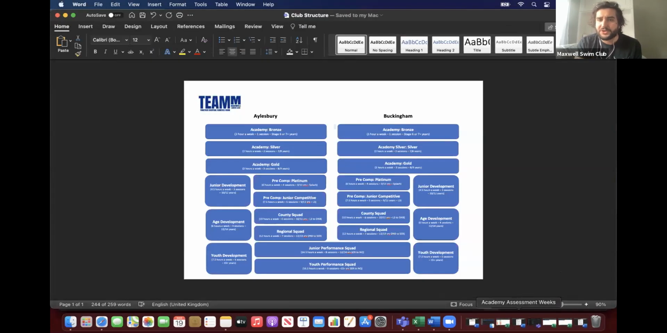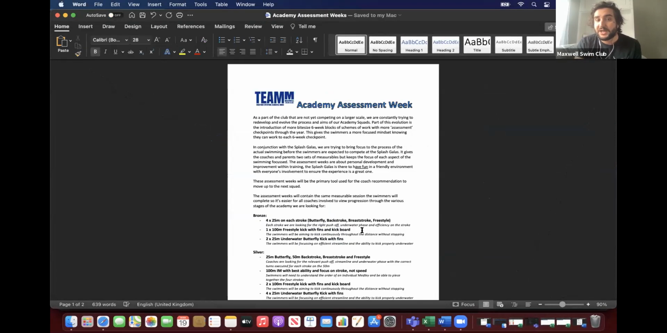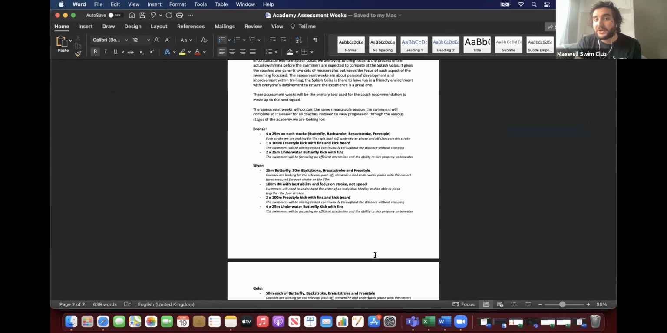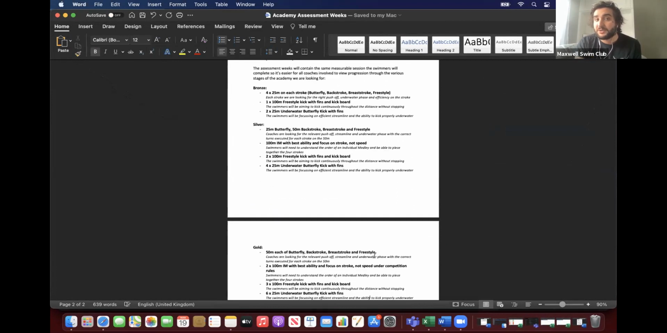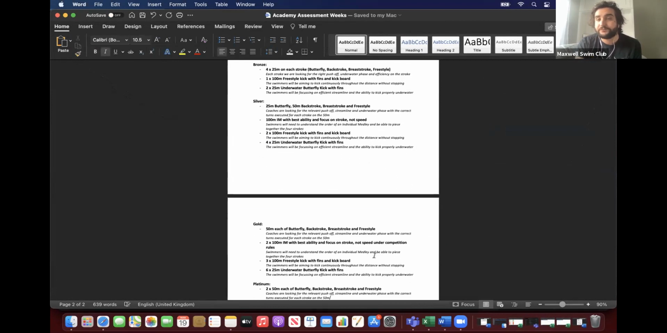But then when we move on to our actual assessment weeks in the academy, we run a 6-week cycle, and each group does the same thing every 6 weeks, and that's how we measure moving them up or down. It's pretty much similar to what you get off the ASA, the Swim England learn to swim scheme and all that sort of stuff. Basically, it's just focusing on their ability to kick, their underwater ability,